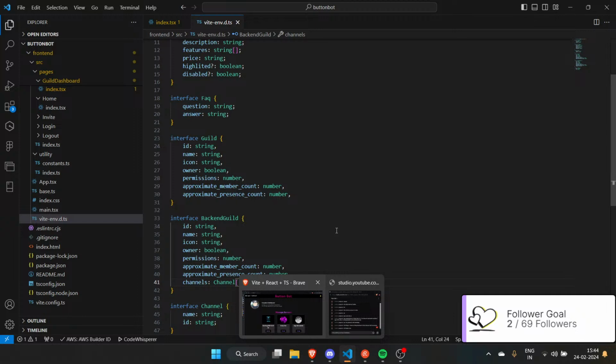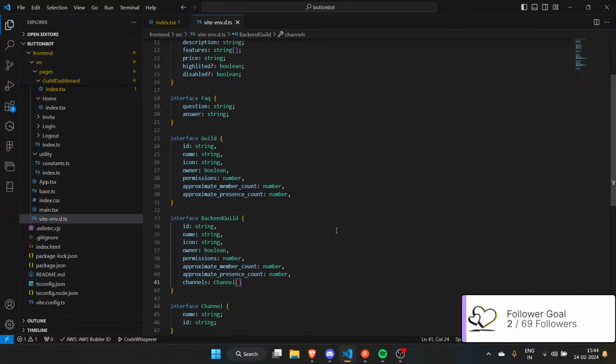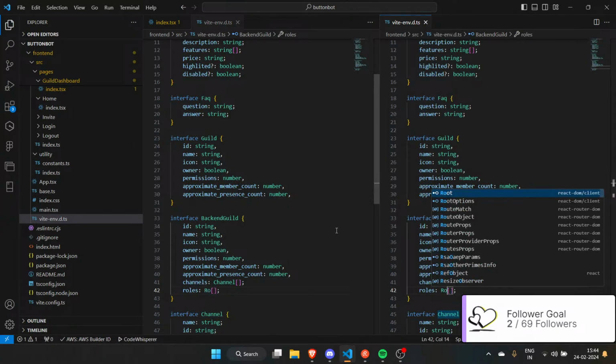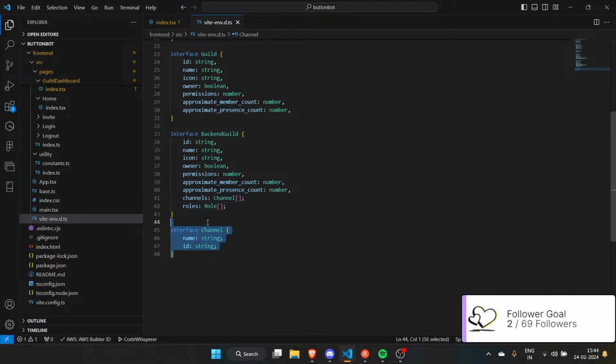Do we need a channel role? Probably. Do I need role? It wouldn't hurt to do that. Role, and similar to that I have name, ID, and I'd like to have the color. Do I really need a color? Let me think. I'll keep it. So when I get guild data,